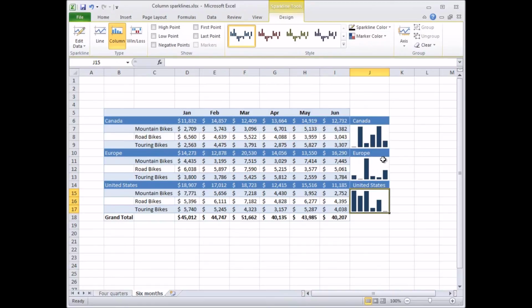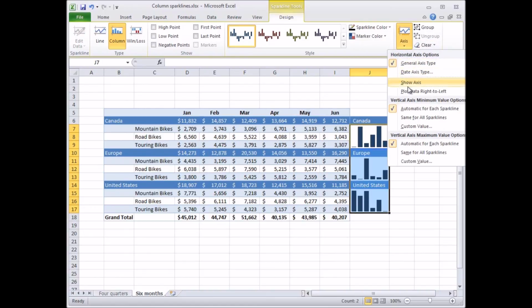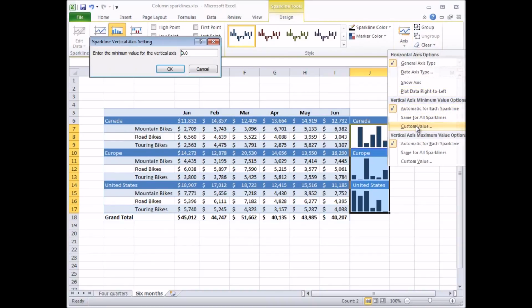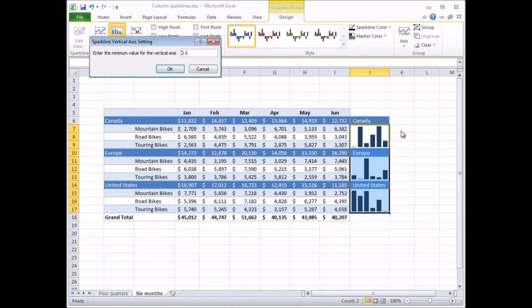very difficult to read. And so I'm going to adjust the axis by making a custom axis for all 3 at one time. Since all this data is related, I'm going to click Axis, and then under Vertical Axis Minimum Value Options, I'll click Custom Value. Now the smallest value for all of the data is, I believe it's 11,185, and I want all of the groups of sparklines to have the same minimum. I'm going to type in